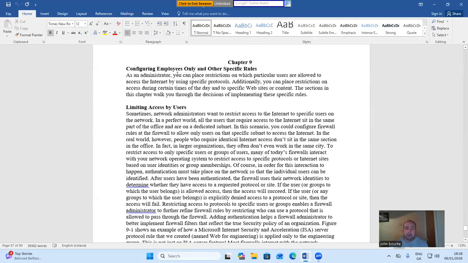So, configuring employees only and other specific rules. As an administrator, you can place restrictions on which particular users are allowed to access the internet by using specific protocols. Additionally, you can place restrictions on access during certain times of the day and to specific websites or content. The sections in this chapter walk you through the decisions of implementing these specific rules,